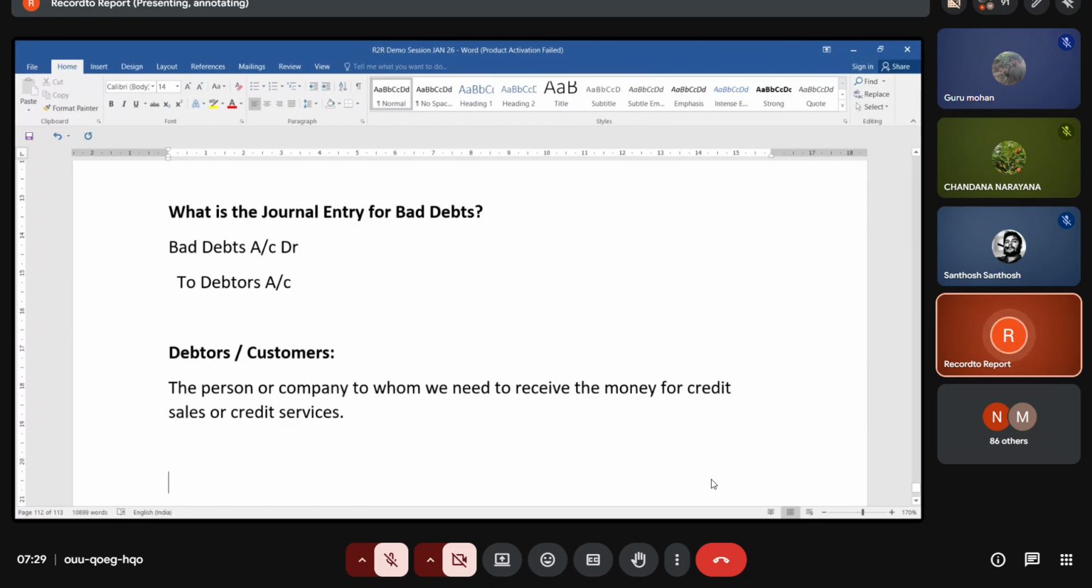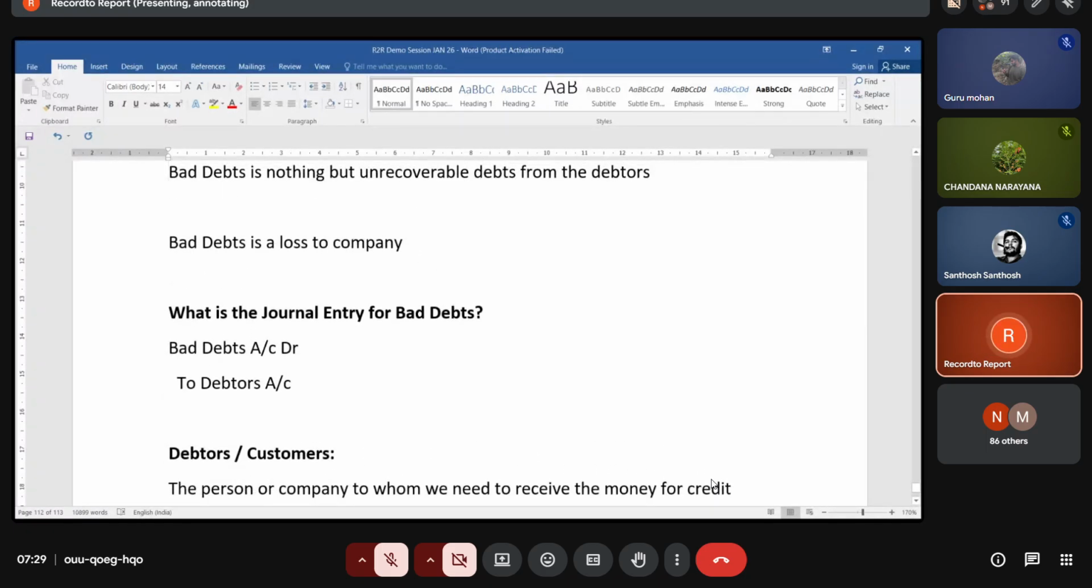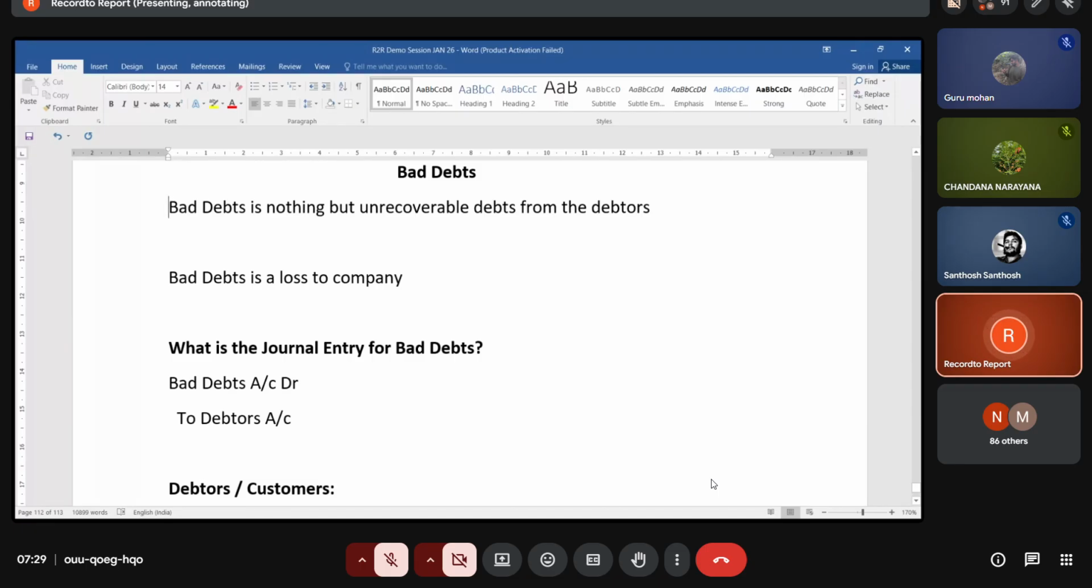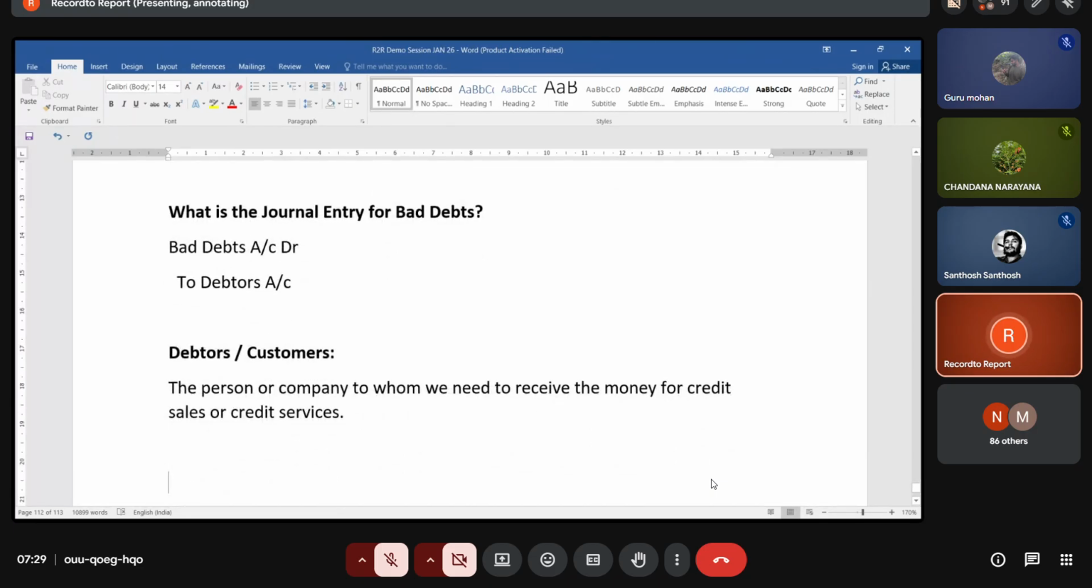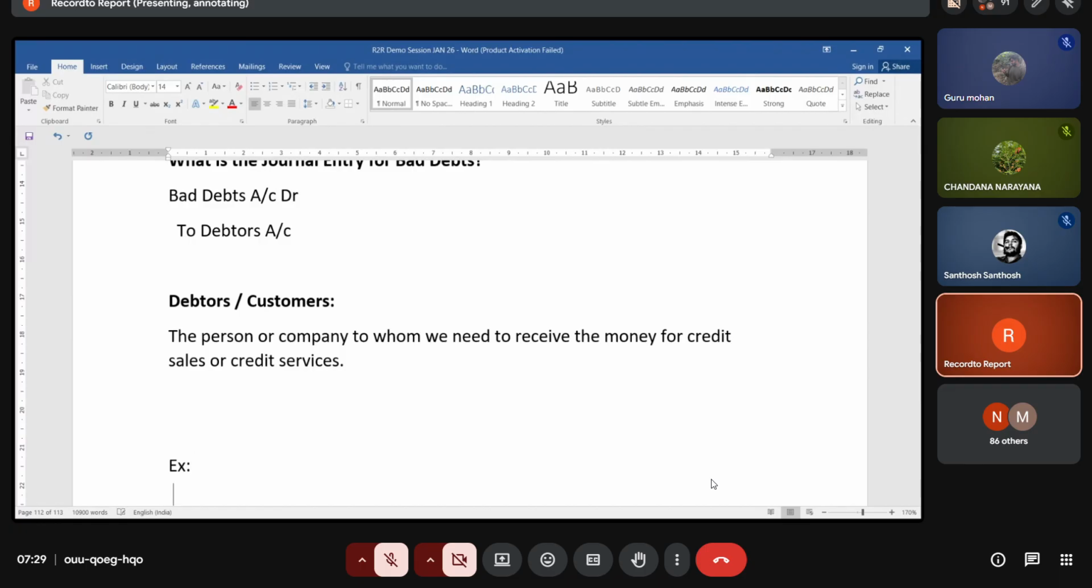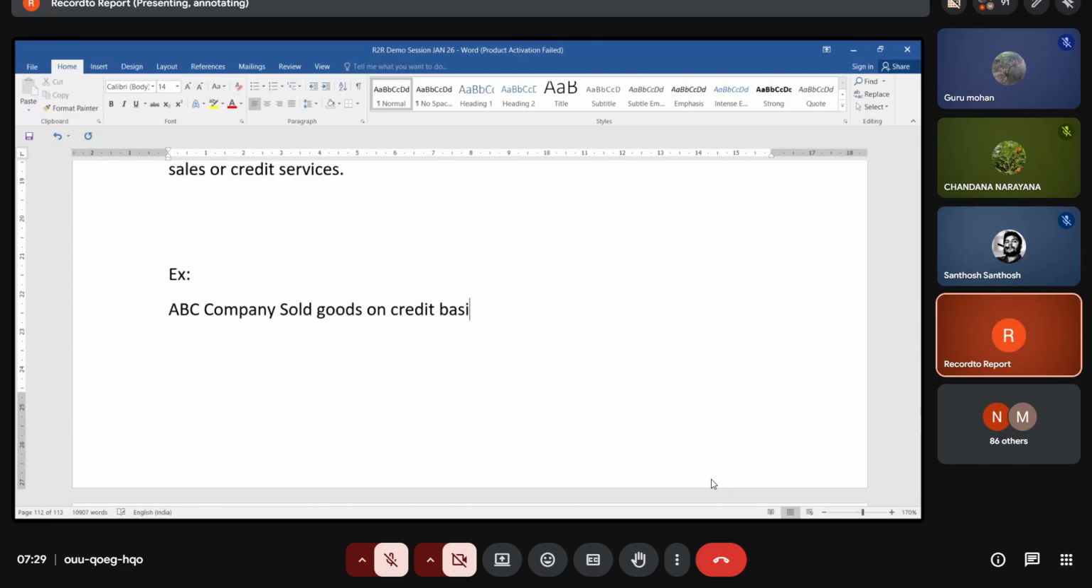The person or company from whom we need to receive the money for credit sales or credit services. Bad debts is a loss to the company. Bad debts is nothing but unrecoverable debts from the debtors. Now, for example, ABC company sold goods on credit basis to the